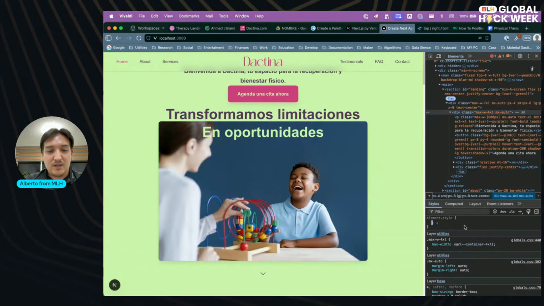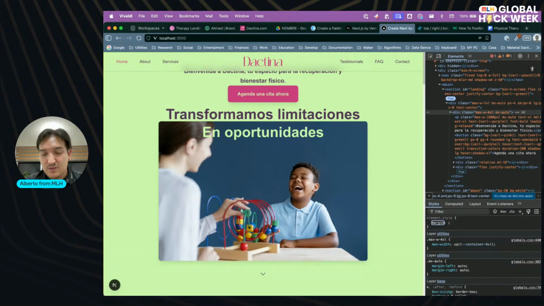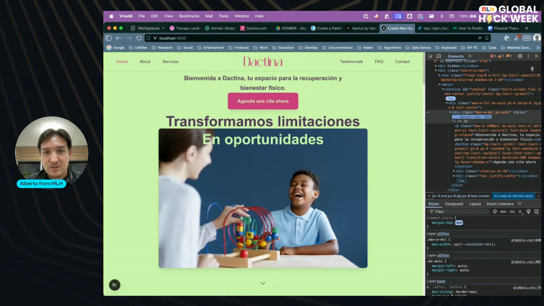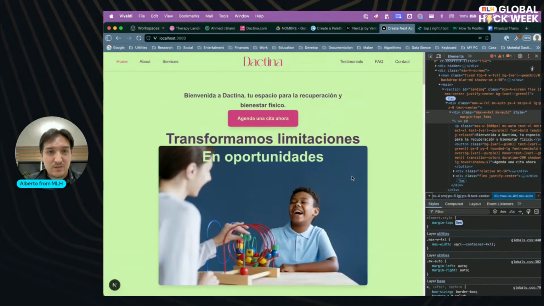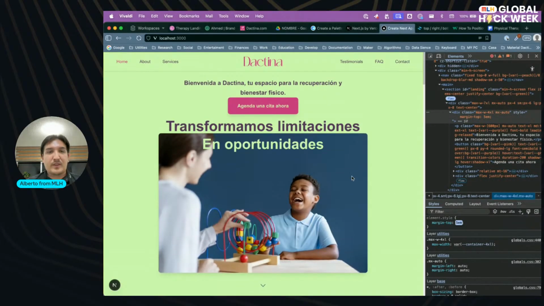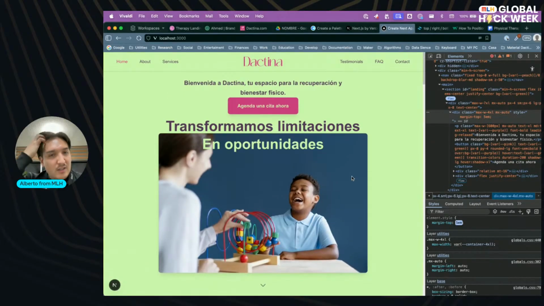Maybe margin top. Okay. This I feel I like.